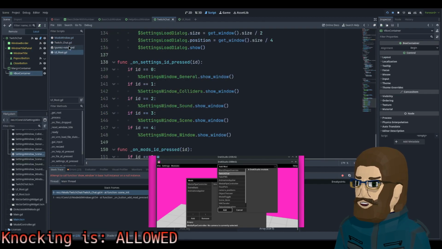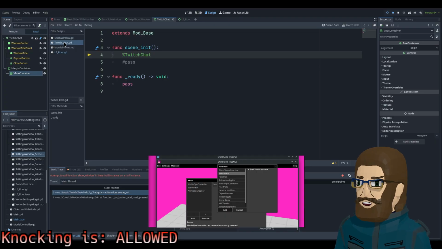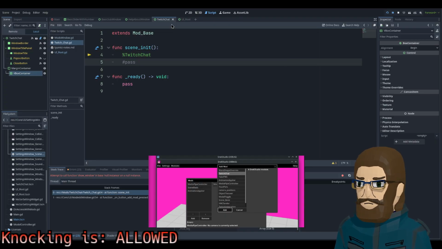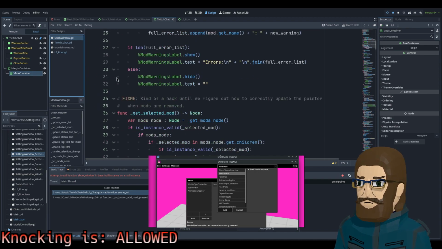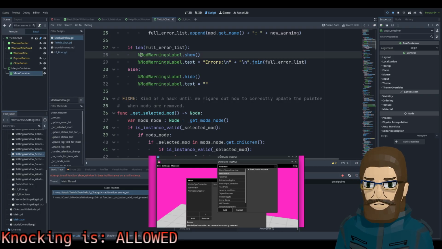Settings window scene. No. Yeah, so you, mod window. Yeah, they just have these guys here also.